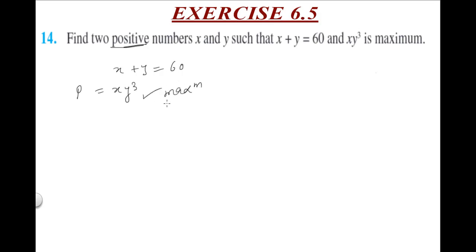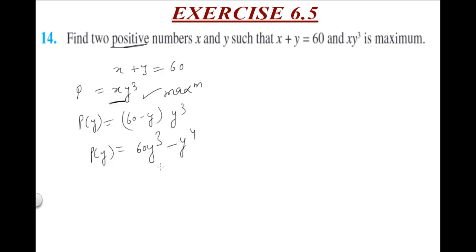So again the same kind of question as discussed in question number 13, right? So you can just convert it into one form. Like you can write instead of x, 60 minus y, and it is y cube. So now it is a function of y only. So you get 60y cube minus y to the power 4, which is p of y. You will be finding out the first order derivative, equating it to 0, finding out the values of y, and then at those values proving the second order derivative as less than 0. Negative it should come. Then only those points will be the maximum.